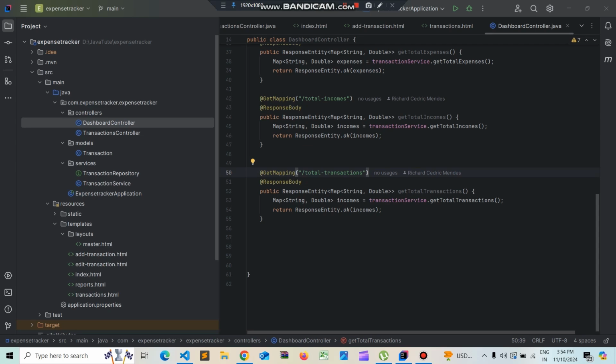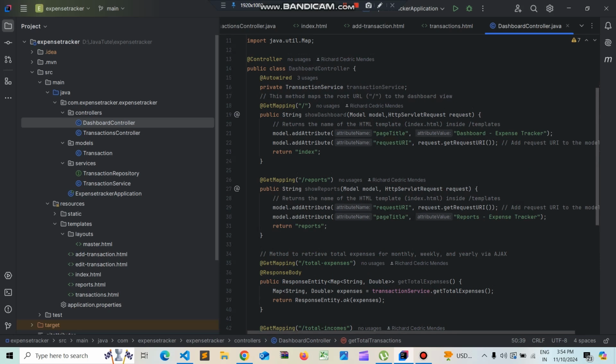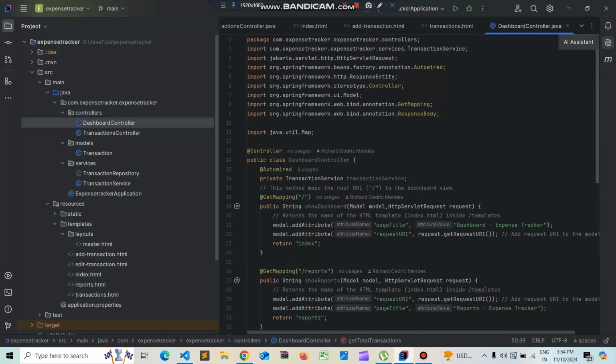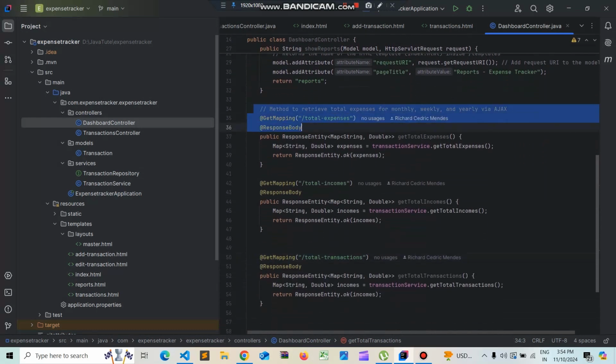Okay, in this video, we'll see how to populate the data on the dashboard from the AJAX calls that we had done in the earlier video. So here are the methods that we had done in the dashboard controller: total expenses, total incomes, and total transactions. And we can see that the data is already coming in the front end. Now let's populate this data